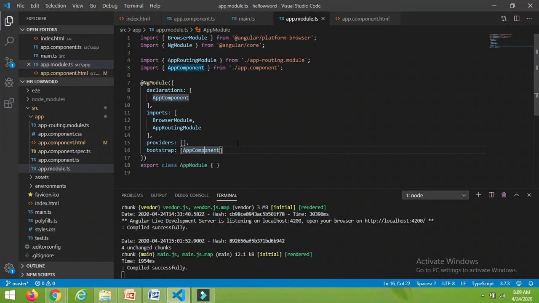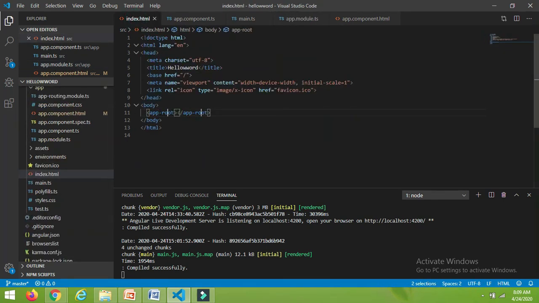Once Angular gets this app component, it will find that we have the same selector as present in the index.html file, and this tag will be replaced by the template file of the component that has the selector app-root.